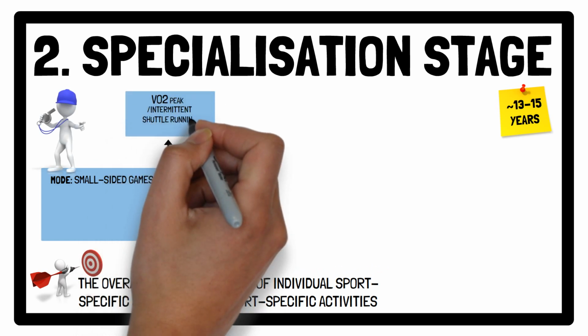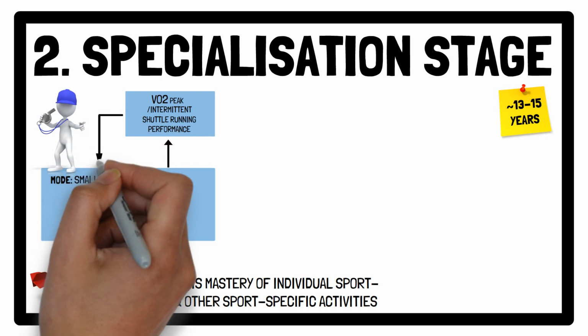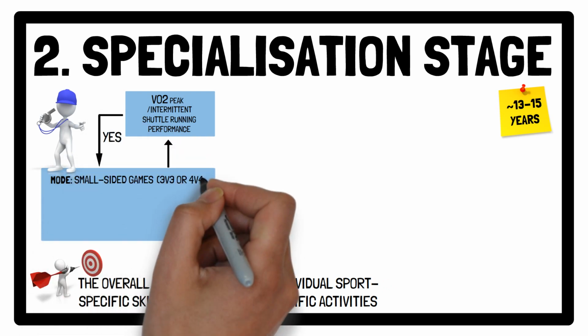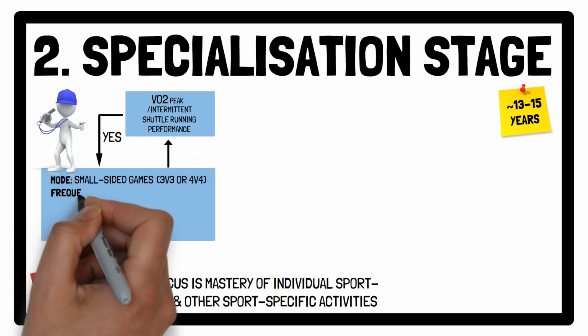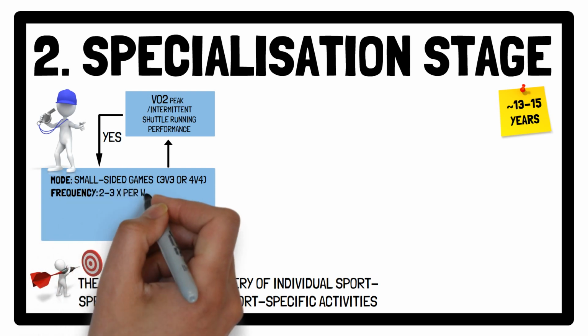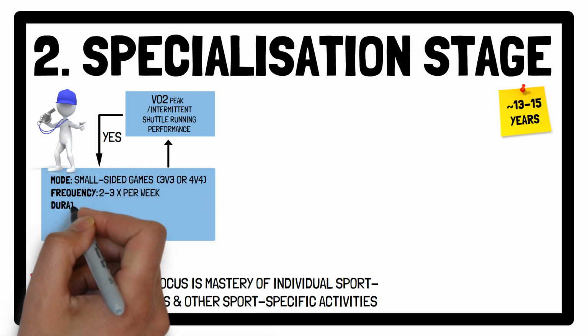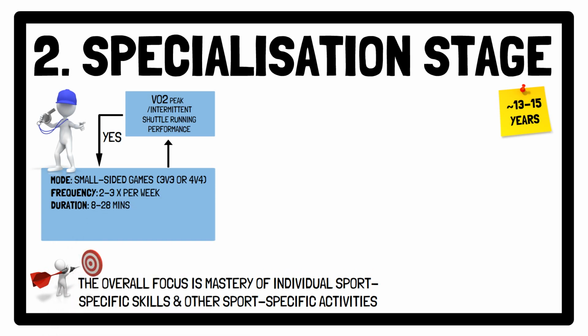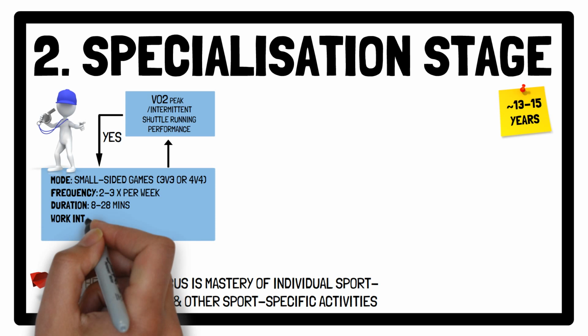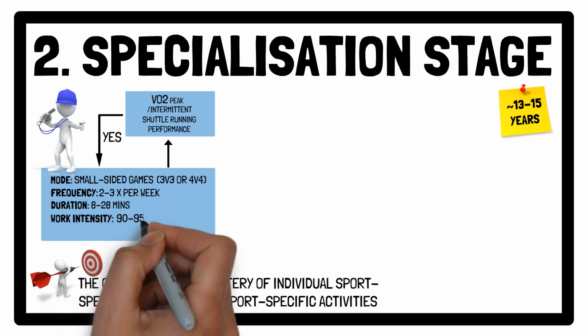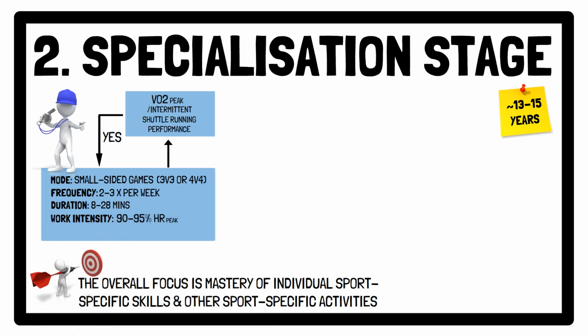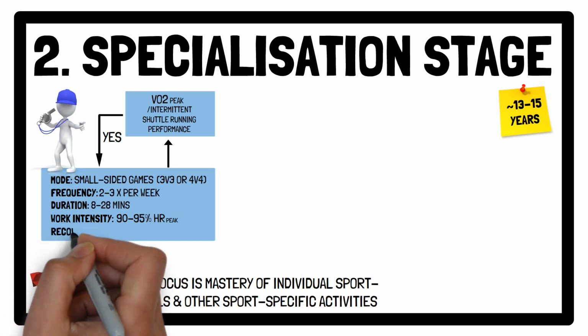skills. Small-sided games consisting of 3v3 or 4v4 player formats performed 2 to 3 times per week, with sessions lasting between 8 to 28 minutes, is suggested, while the work phases during small-sided games should be implemented to achieve intensities of between 90 to 95% of heart rate peak, with the recovery between the work bouts being either active or